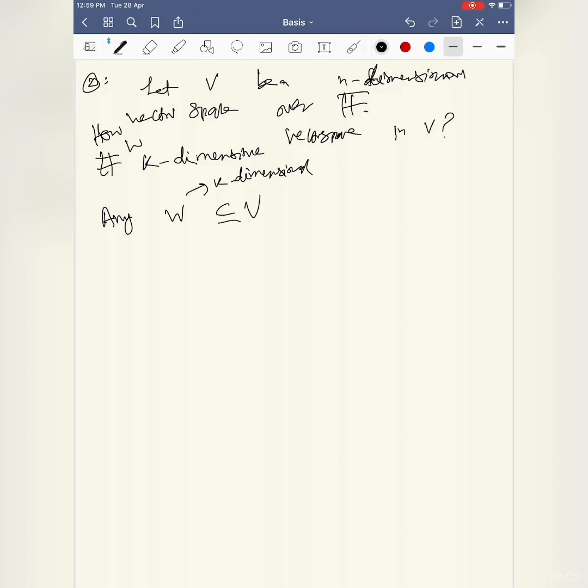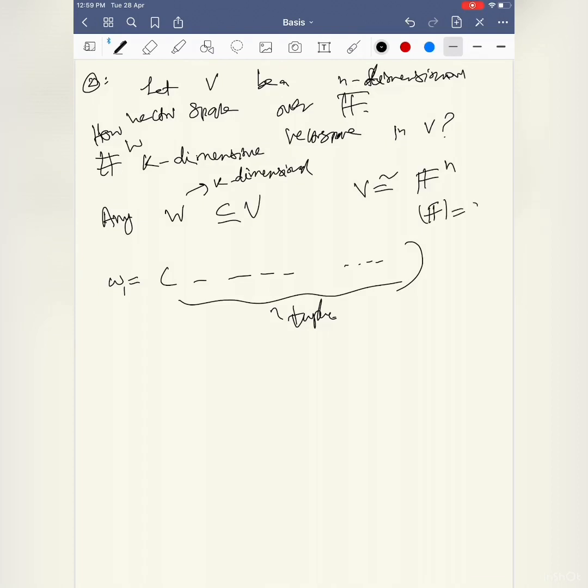So again, let's do it slowly, this is very important. I have to choose W1 because this is isomorphic to F power n, n positions, n-tuples, so I can fill anything because the field order is q. So q squared, q cubed, dot dot dot, q power n, so this gives q power n, but I cannot fill all zeros, so I am leaving it.